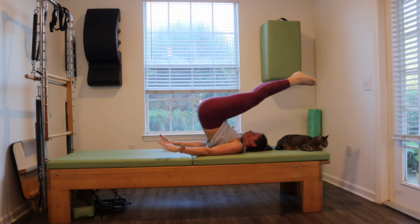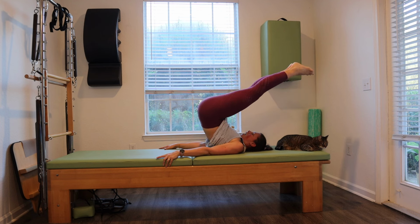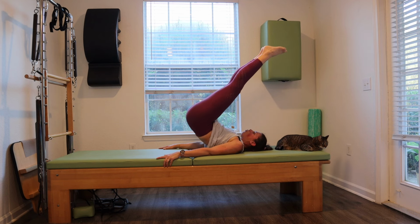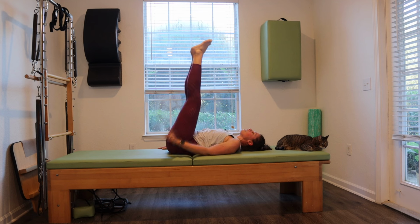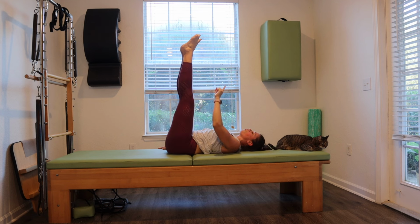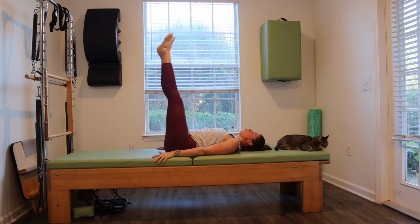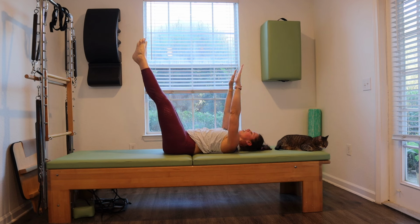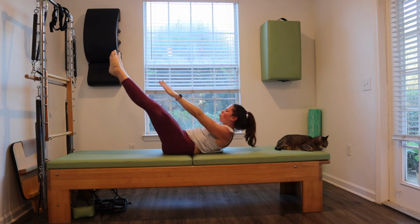Now take your hands down to the mat again. Can you jackknife here? Reach the legs up, and then roll down through your spine. Hips hit, hold here. Find more of a Pilates V. Lower the legs down to your working angle. Reach the arms up to the ceiling. Nod the chin, roll yourself up,